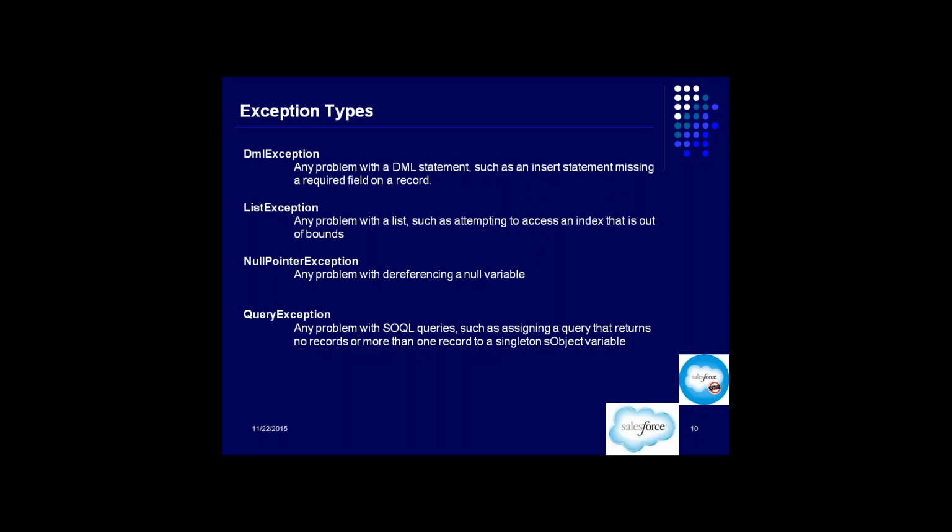So query exception will basically catch two types of exceptions. One, if there is a query being executed and it is not fetching any record, that can be an exception. Whatever query you have written, that does not have any data. So that can be one type of exception. The other type of exception can be the situation where you are running a query to fetch data for one record, but it's returning more than one record. So if it is returning more than one record, then there will be again a problem. If you have one single sObject variable, you do not have a list, and query is returning multiple records, then there will be a query exception